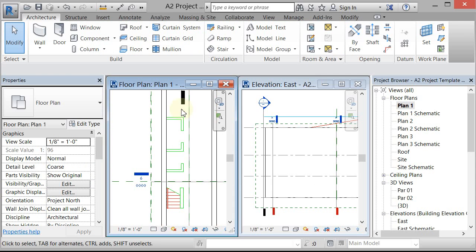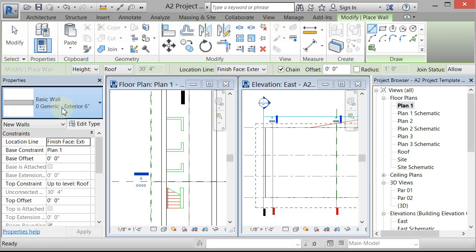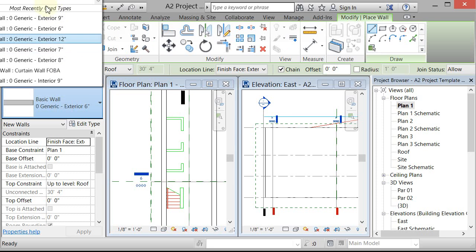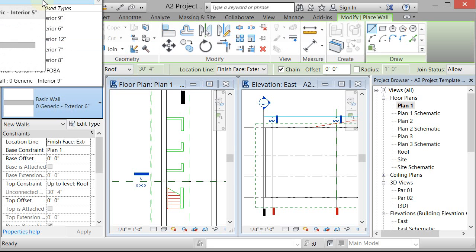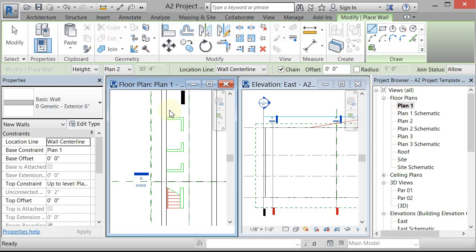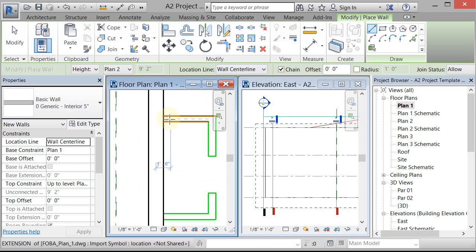So I'll just go ahead and go to the wall command and I'm going to pick a generic interior 5-inch wall. And I'll left click on that. And we can leave, right now it's wall center line, and we can leave this one at wall center line. And it actually will find the center between the AutoCAD lines, which is pretty interesting. So if I left click and draw out left click,